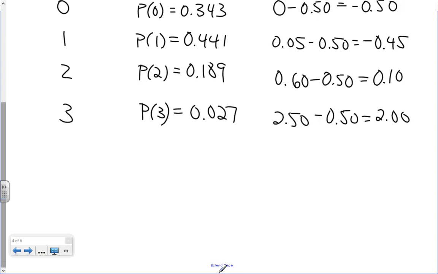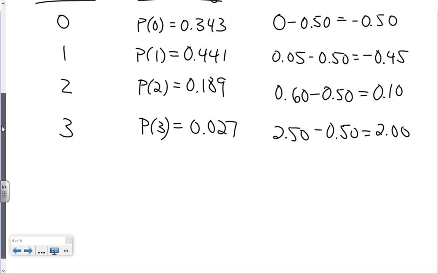All right. That's the work that we need to have in order to come up with our calculations, or that's what we need to consider to come up with our mathematical expectation. So now let's go through the work of finding our mathematical expectation. What is E equal to? The mathematical expectation, we take the probability of the event and multiply it by its payoff. So we have